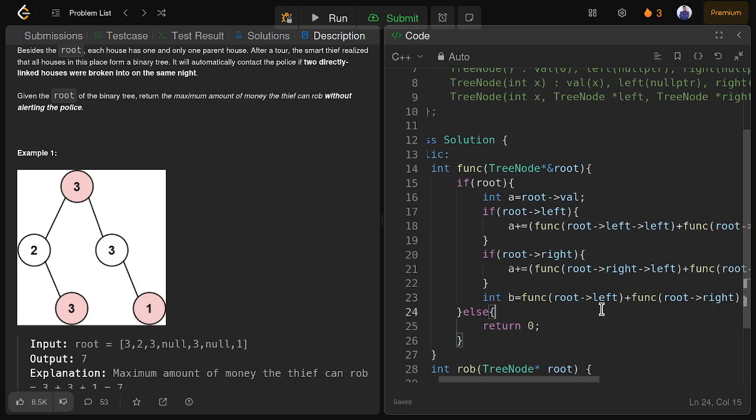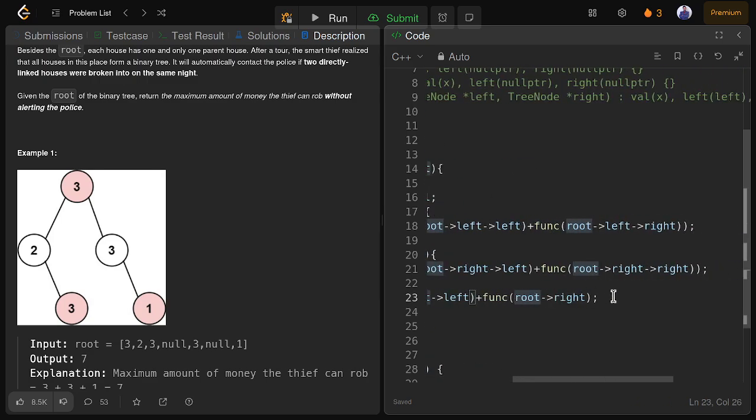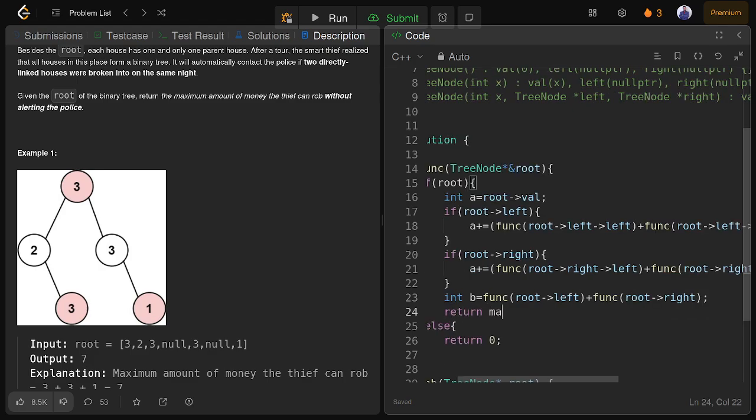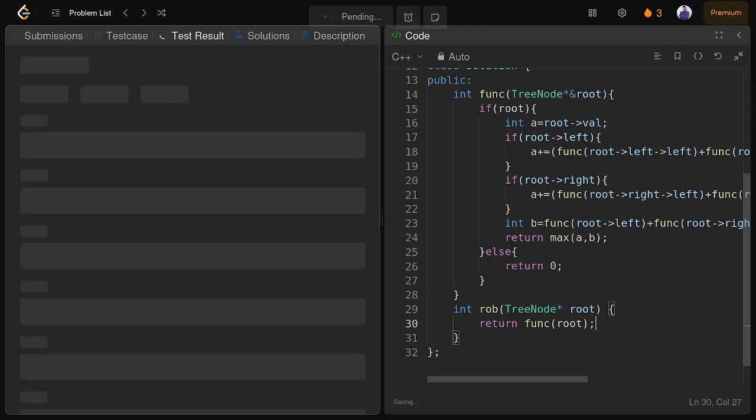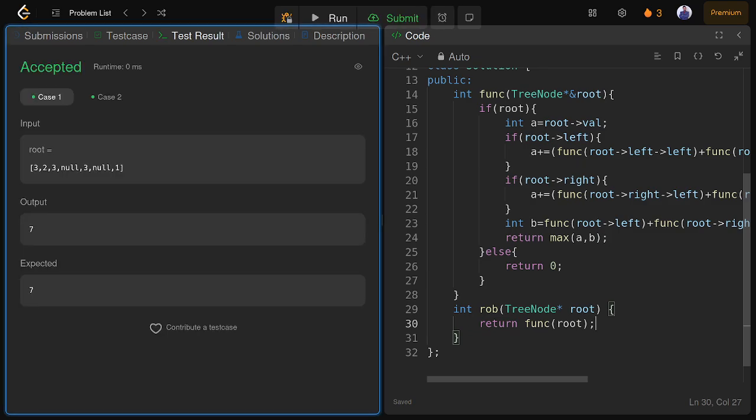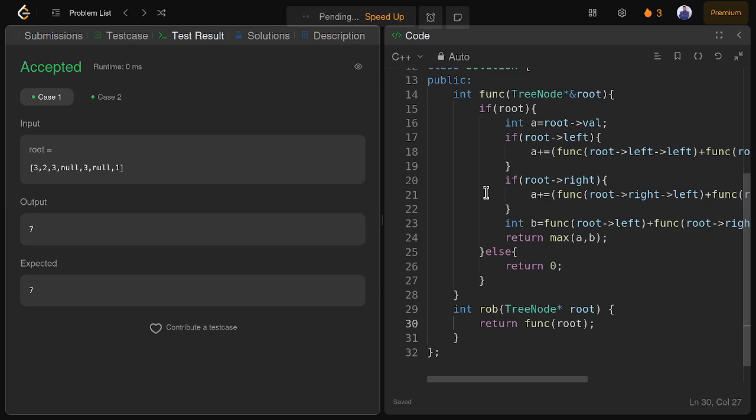So I am getting money a by robbing the current house, and money b by not robbing the current house. Out of those two cases, I have to return the maximum of a comma b. That will be our final answer. So let us call this function and return it. Let us check whether it is correct or not. Yeah, so it is correct. And if I submit this,